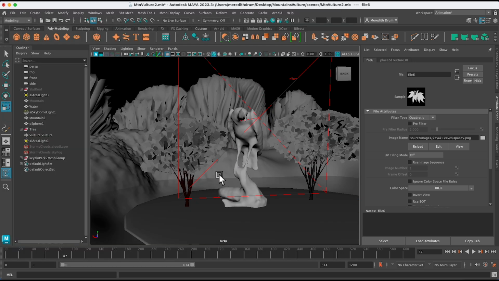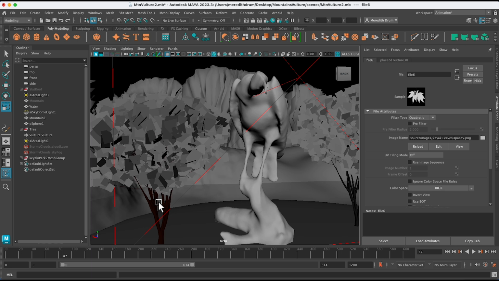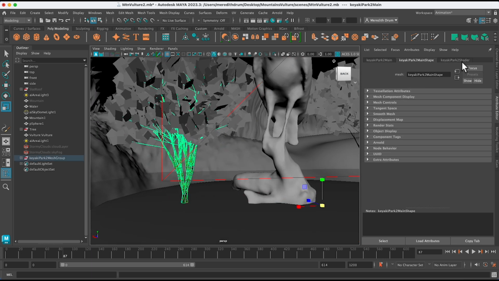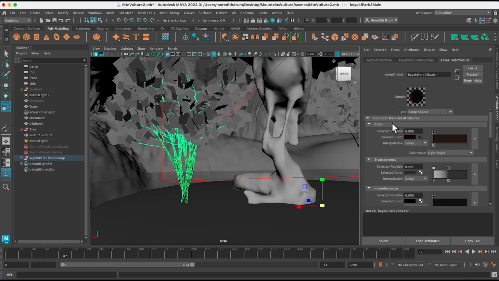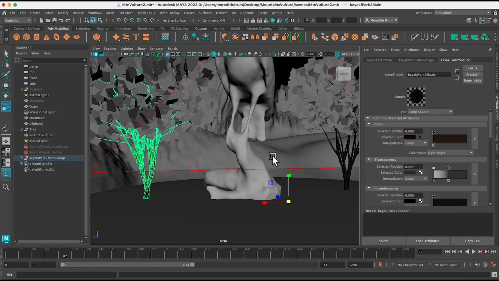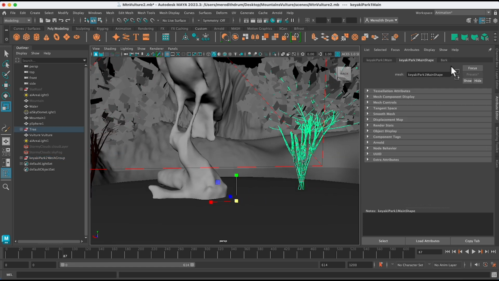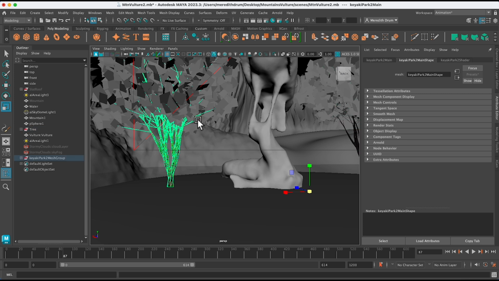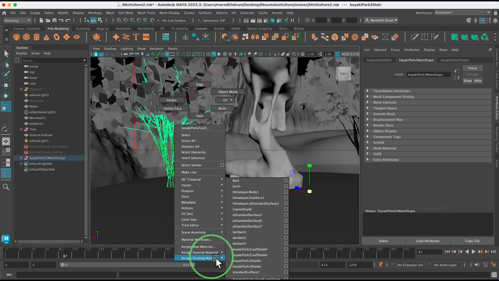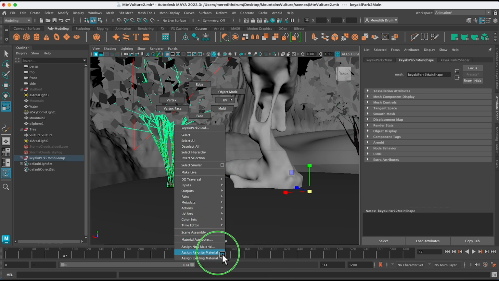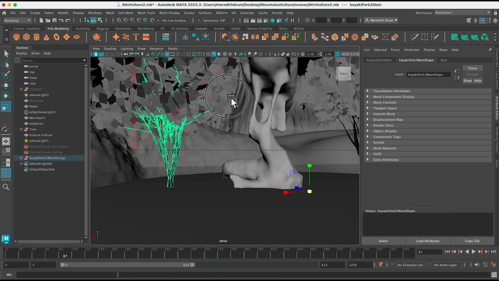The other way I could have done that was faster, and here I'll do it down here. You can see now I have this shader that's a ramp shader. It's kind of complex. You could keep it, or I can apply the existing bark shader, which I have here. So I'll show you how to do that. Click on it, right mouse click, and go down to existing, and just look for your bark shader. I could have done the same thing with my leaves.